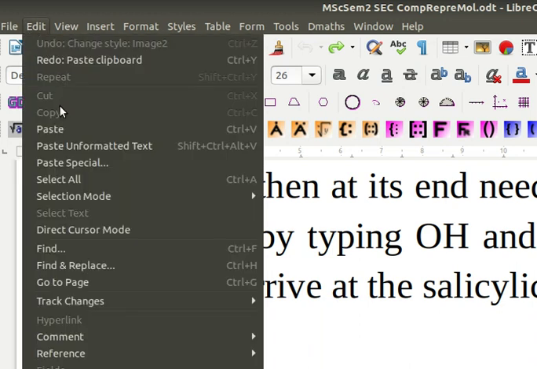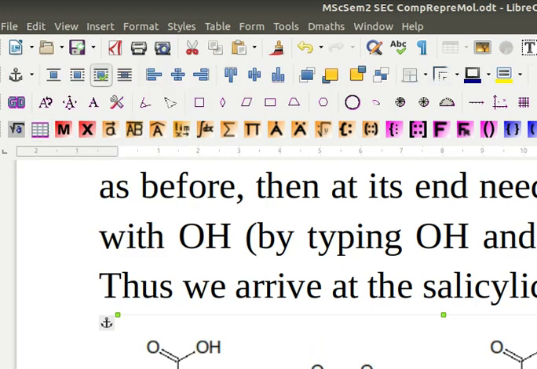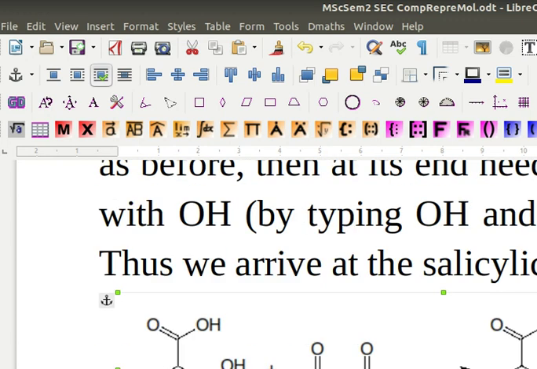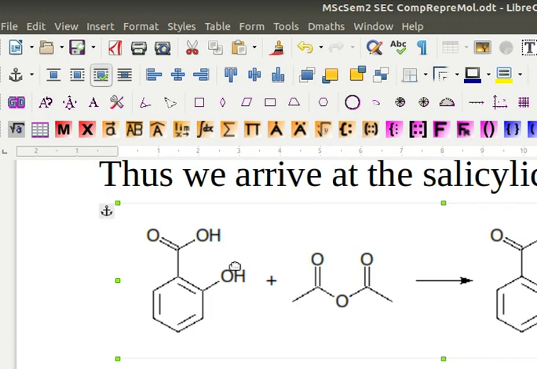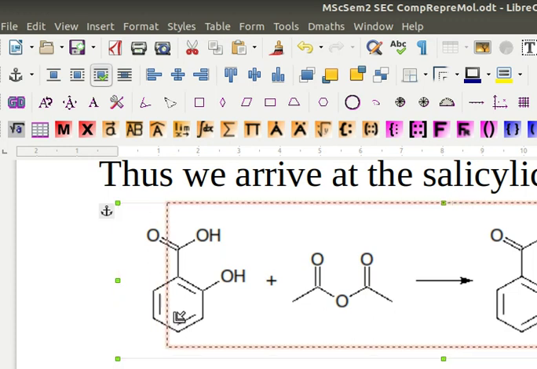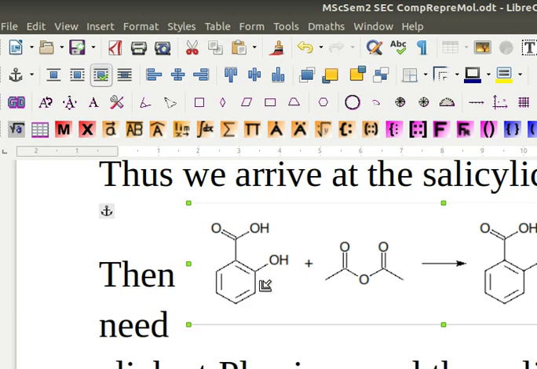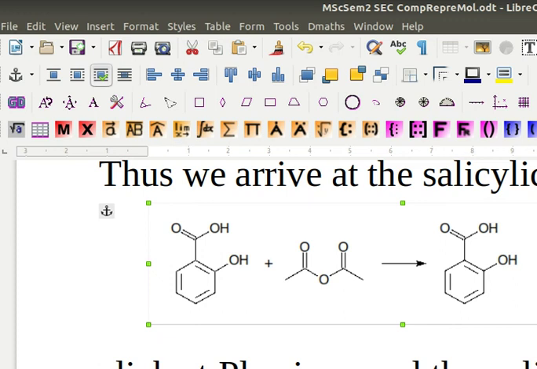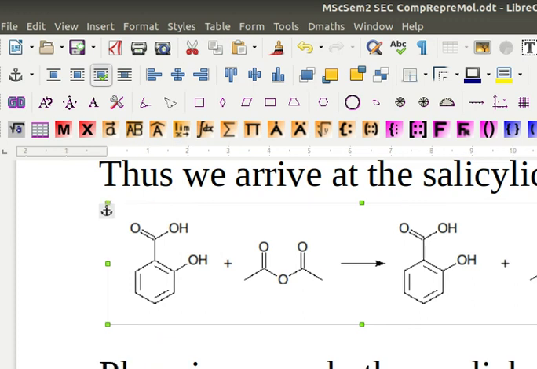Edit, Paste, so this clipboard will get pasted. This became too big compared to the Microsoft Word page, so we try to make it smaller to preserve its quality. Then it got cluttered this way, so I will paste it this way now.